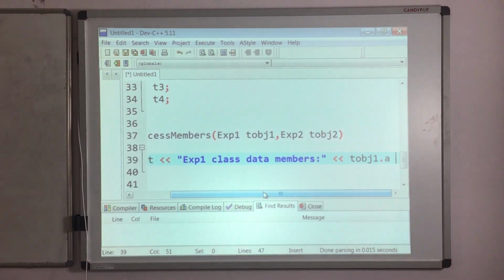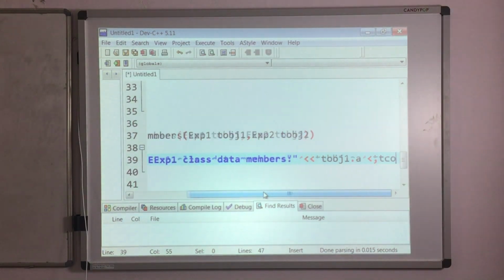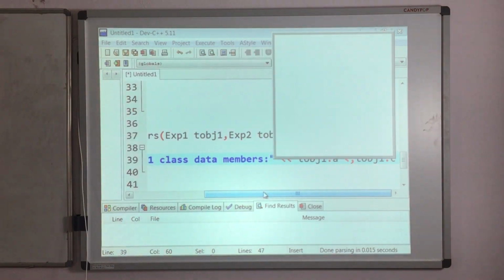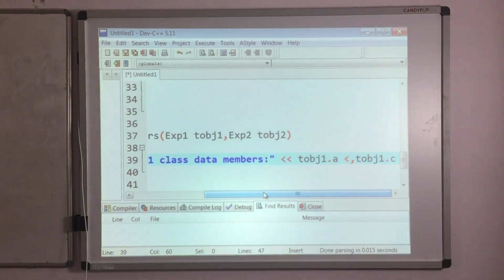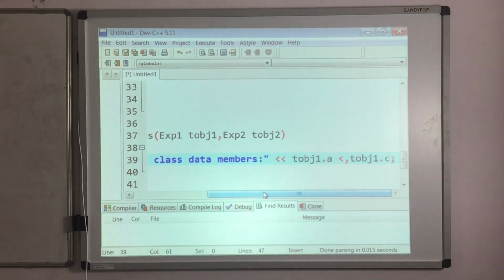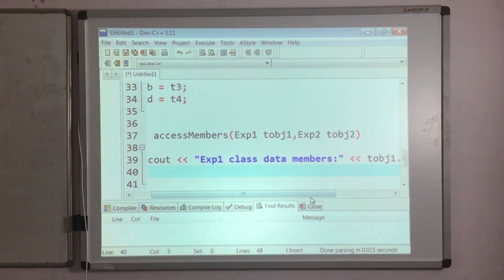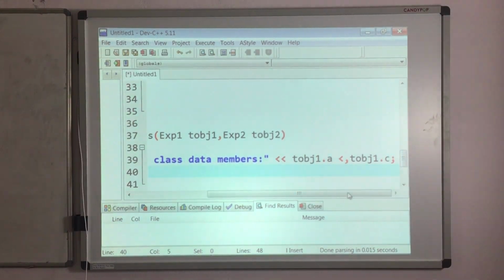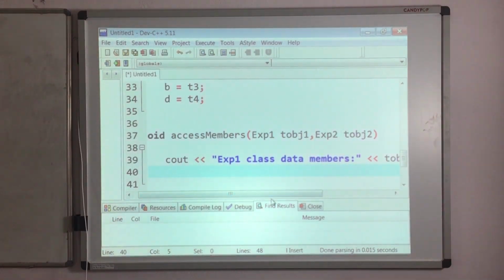Now the next item, tobj1 dot c, I want to access c. Okay, at the end put the semicolon. So these are the data members of exp1 class. A and C are data members of exp1 class.